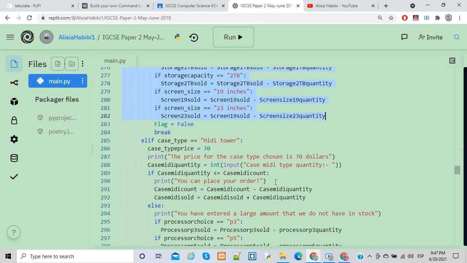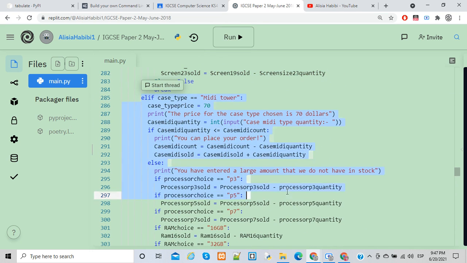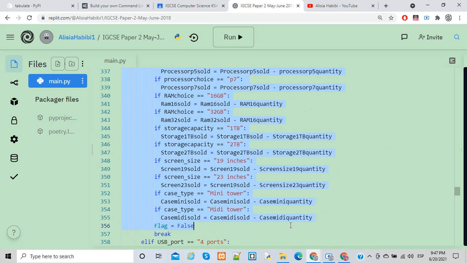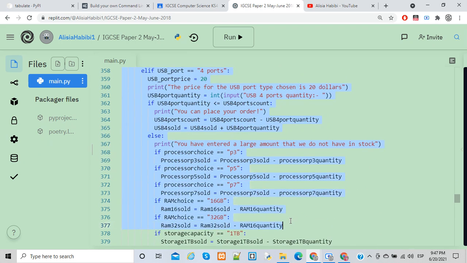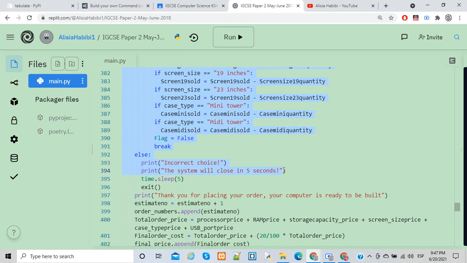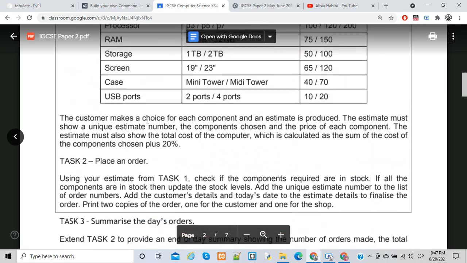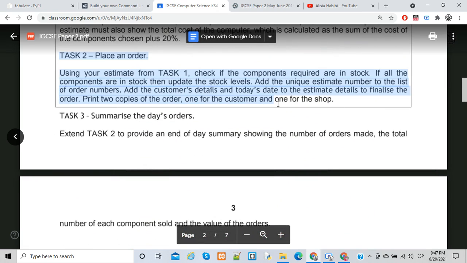They can't place an order. And so this happens for the next option, MIDI tower, and then finally for the USB ports, again it checks to see if it's less than, if it's greater than, it resets everything again without adding the stock value. And then finally, once this is all over, if you go back, remember task 2 extends from task 1, and